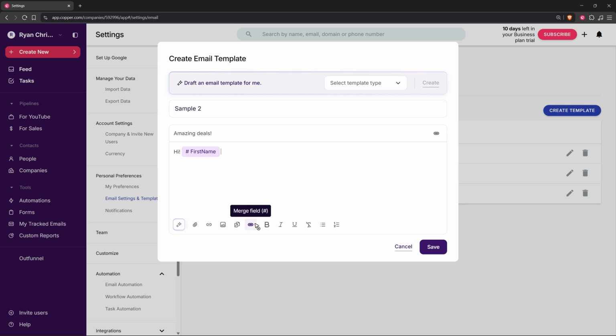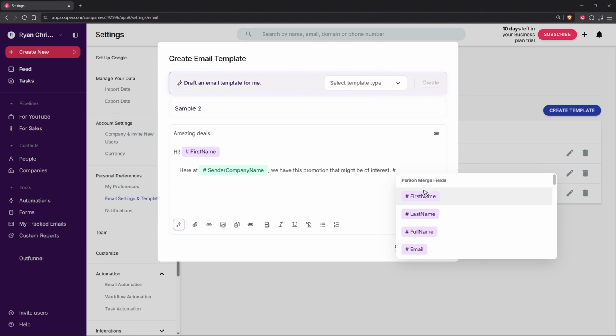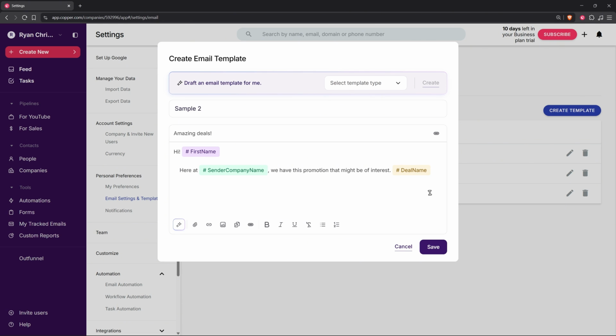First name, hi, then go ahead and add in your message, okay? Like here at our company, okay, hash again, scroll down, sender company name. We have this promotion that might be of interest. You can go ahead and add in a pipeline deal, maybe scroll all the way down, like a deal name and a deal value,